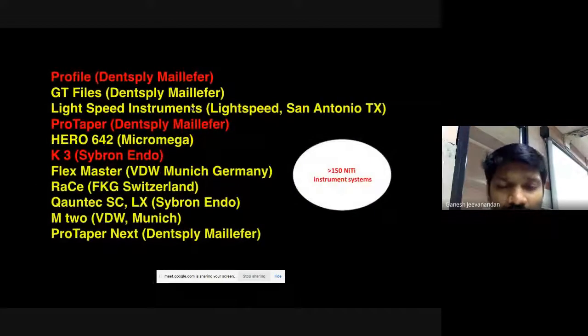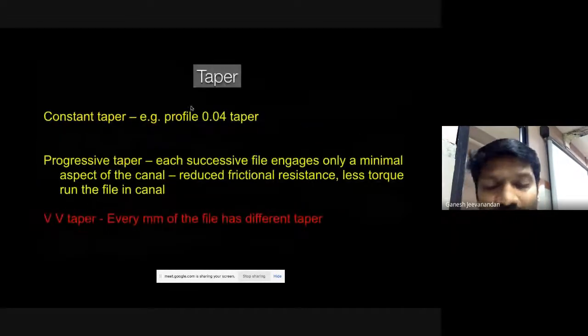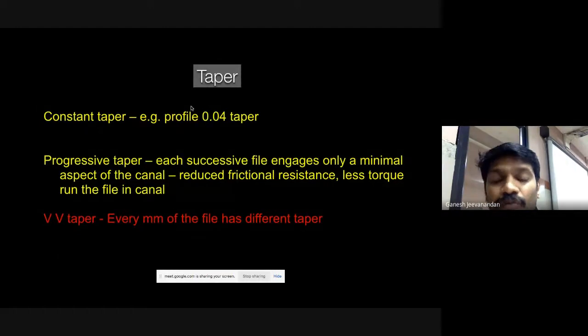Okay, now you may not be aware of what nickel titanium files are; you are just searching about nickel titanium rotary files. There are more than 150 systems available for rotary files, but all these 150 systems were first developed only for permanent teeth. There was no rotary file developed or designed for primary teeth at all. So we did a search on how to design a rotary file for primary teeth. To understand that, you will have to concentrate on this particular point called taper. Now, what is the taper of the file?